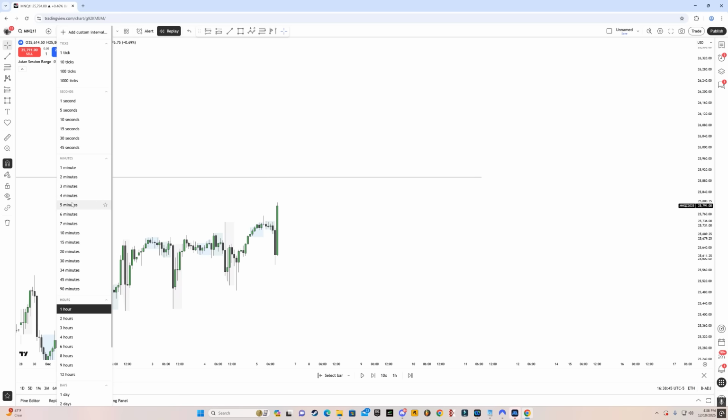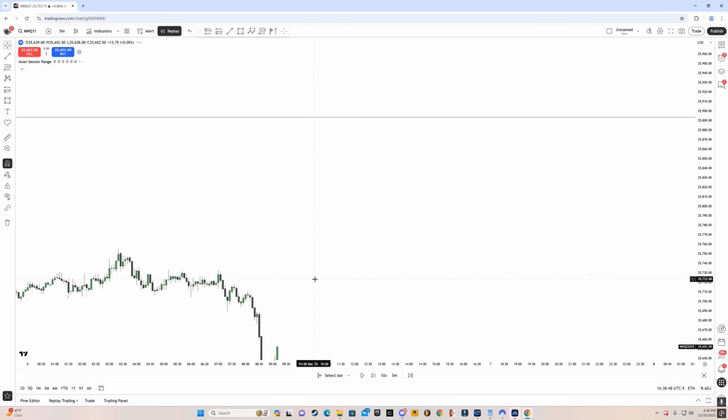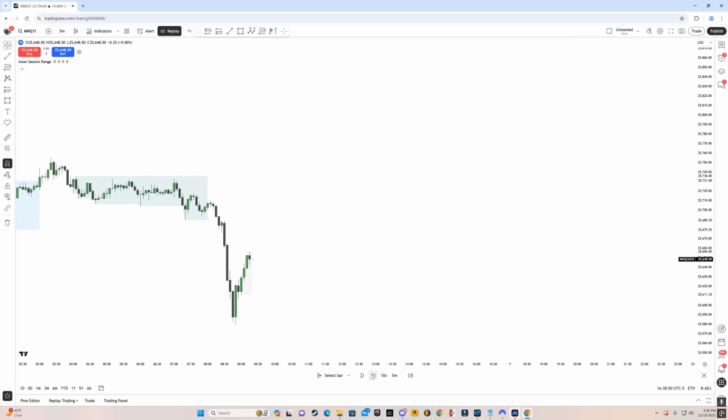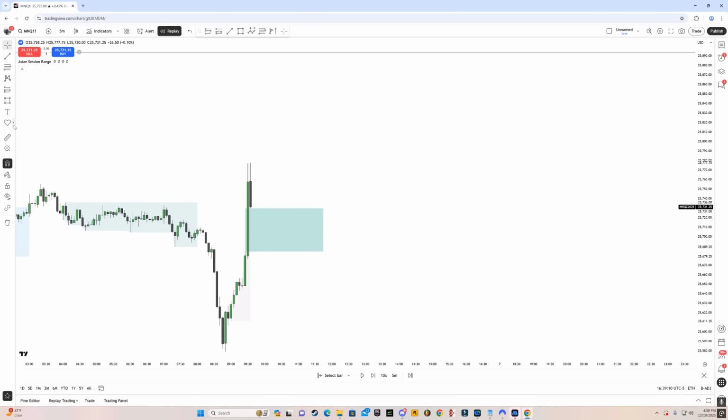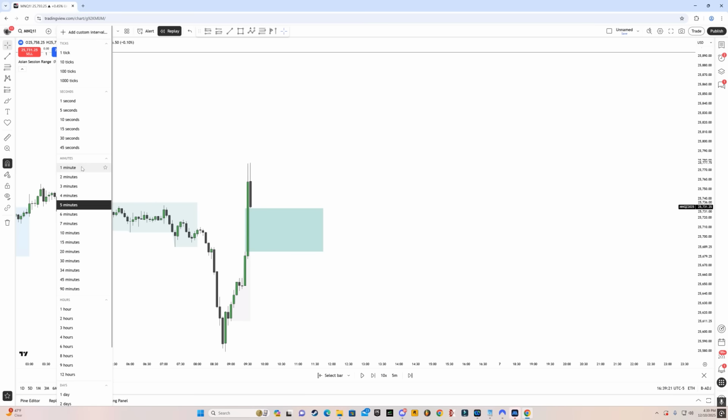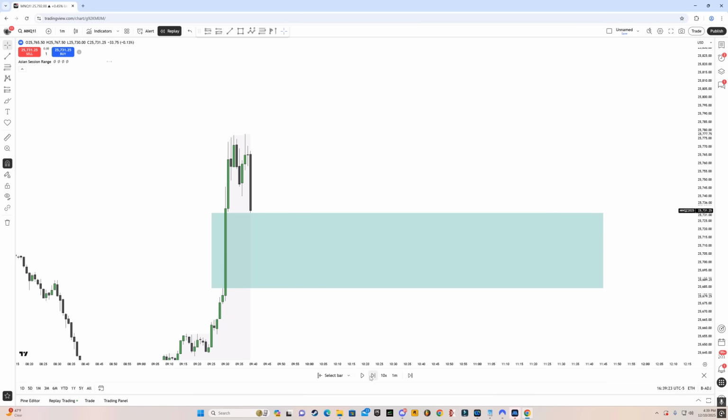So let's drop down to the 5-minute time frame, and let's wait for price to create the first fair value gap after 9:30. So here, we create a fair value gap. Okay, so we have the first fair value gap that forms after 9:30. You can also utilize this as well, but ideally you want to keep an eye on the first fair value gap that forms after 9:30. You can also look at the fair value gaps that form after this if the drawn liquidity is still there. But this is the highest probability, the first fair value gap that forms after 9:30. Okay, first presented fair value gap on the 5-minute or 15-minute time frame.